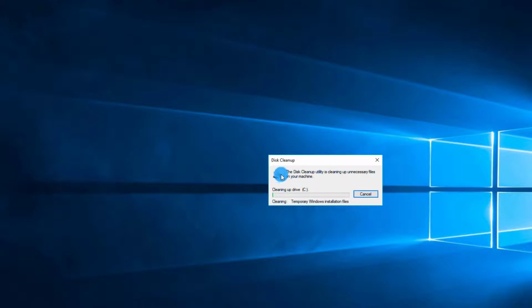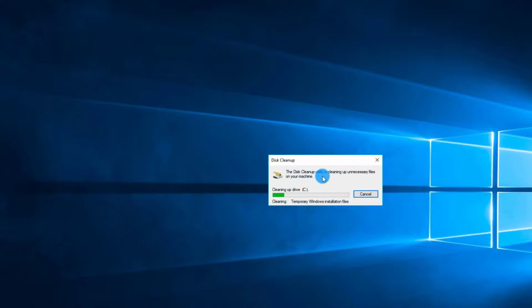So you can see it here. It said that this clean utility is cleaning up unnecessary files on your machine. So this, in other words, will help you save a lot of cache on your PC. So you've got to be patient a little bit for it to do the cleaning up on your Windows or